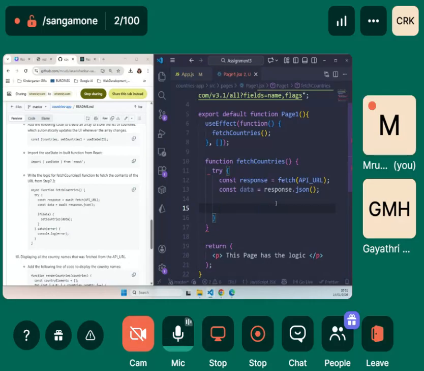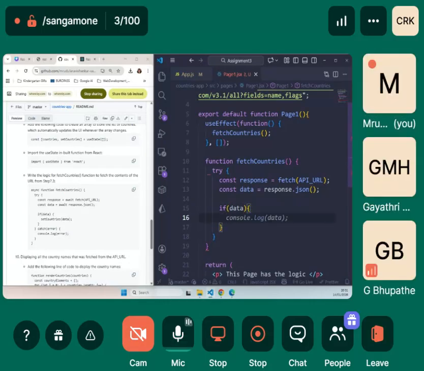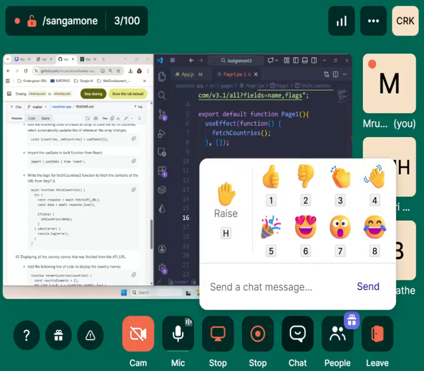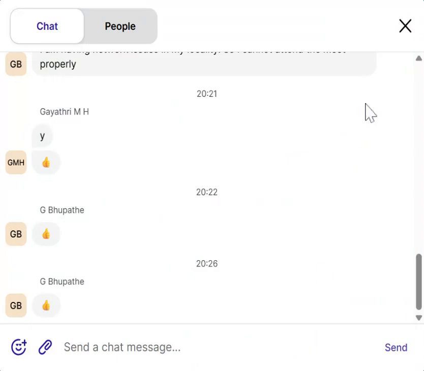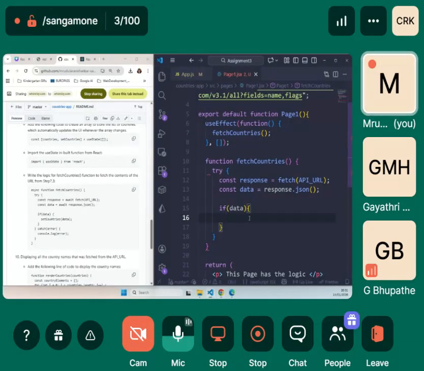If we put if data, it means if data is not equal to 0, we will set countries of data.